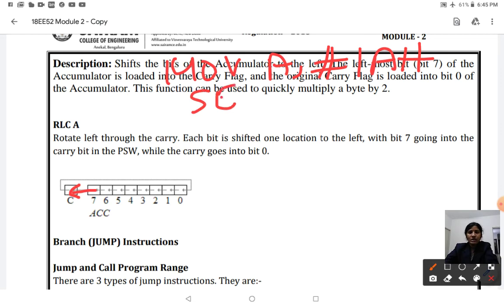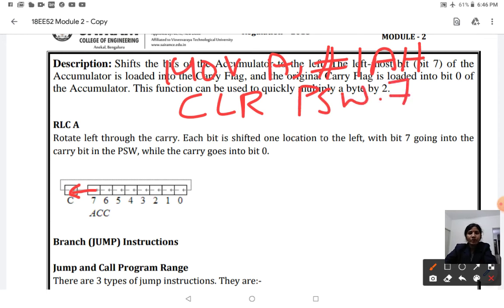Now SETB PSW.7, otherwise I can give CLR. Even you can set or reset. So here I will be giving CLR PSW.7.